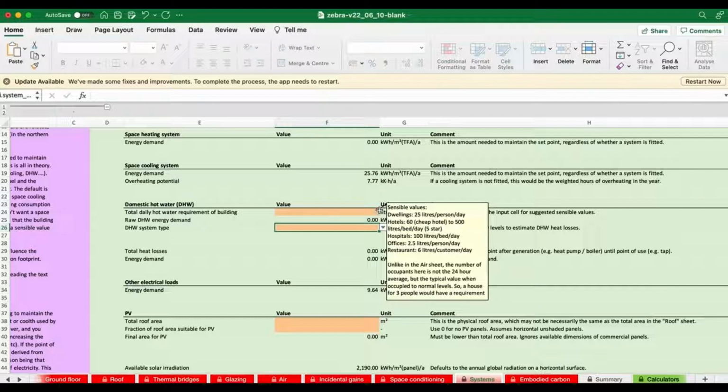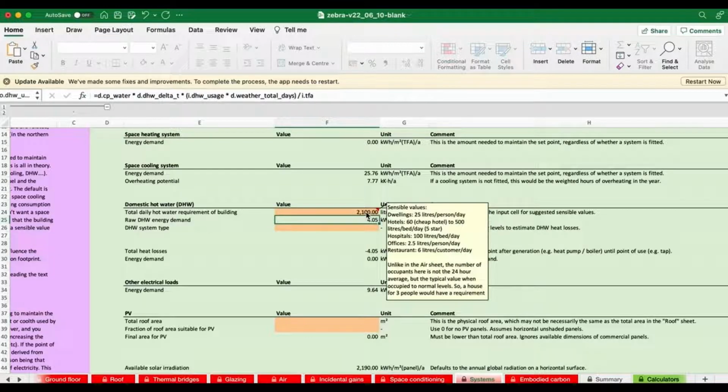In here, we're going to assume that there are 3 occupants a day in each apartment, and they'll want to use 3 people's worth of domestic hot water a day. Now, if you do a quick hand calculation, that'll tell you that you're going to be using 2,100 litres a day.